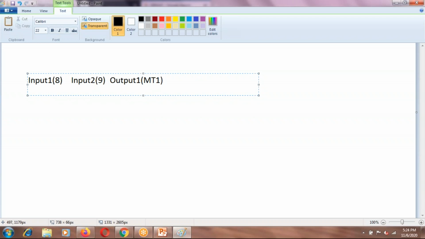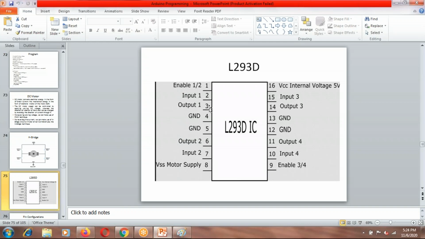Output 1 is pin number 3 of the L293D. Output 2 is connected to motor terminal 2, and this is pin number 6 of the L293D IC. So 3 and 6 are connected to motor terminal 1 and motor terminal 2.